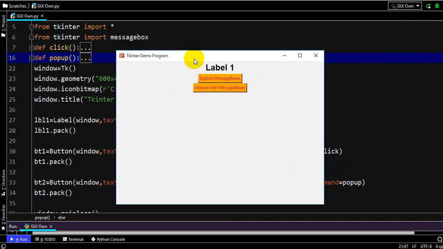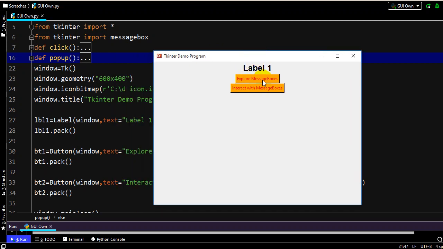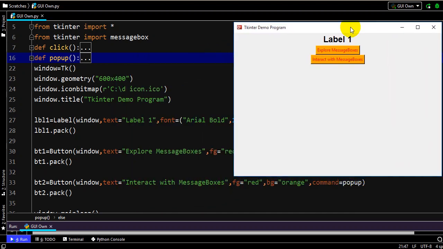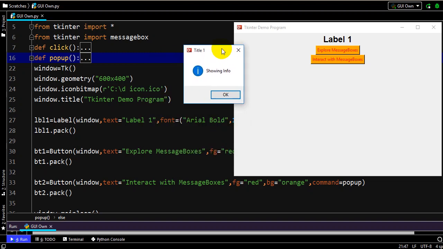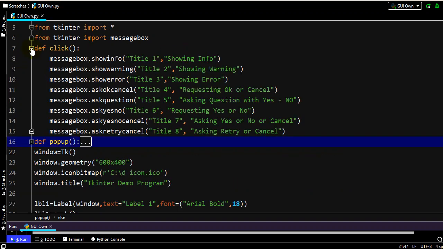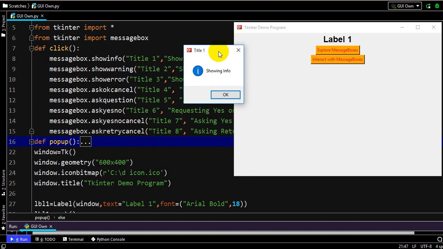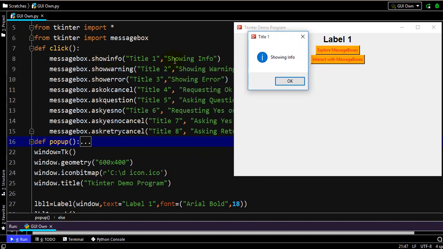So here when I click explore message box, you can see the first message box is title 1, and it's showing information with a blue color icon or image with an I, which tells you that this particular message box conveys some information.